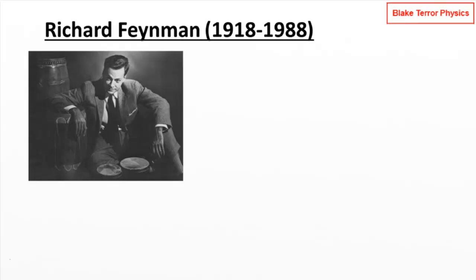He also did work on superfluidity of supercooled liquid helium and such like. So he covered a lot of different areas in particle physics and quantum mechanics, and as such, he was awarded the Nobel Prize for Physics in 1965 for his work in quantum electrodynamics. Near the end of his life, he came to public prominence again because he was involved in a committee that was investigating the Challenger space shuttle disaster in the mid 1980s. So he became prominent then, and he died relatively young in 1988, just short of his 70th birthday,